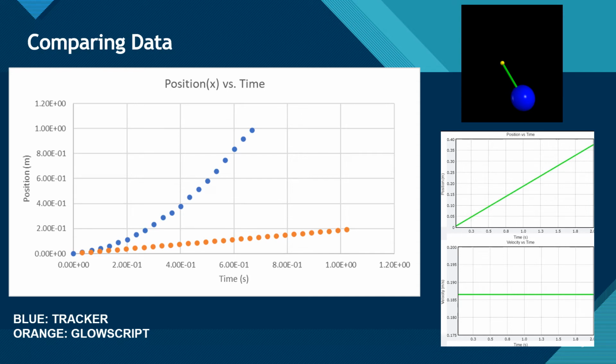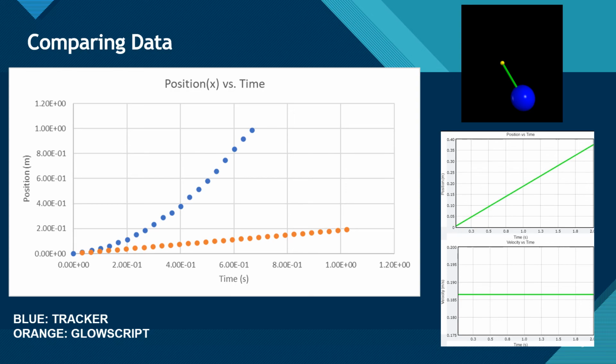Now comparing both Tracker and GlowScript, blue being Tracker and orange being GlowScript, we can see that in Tracker we have a curve, and this is because the points that we choose as our changing position were done manually versus the points that the computer chose were perfectly distanced. So we see a more direct and a bigger slope like the one in our